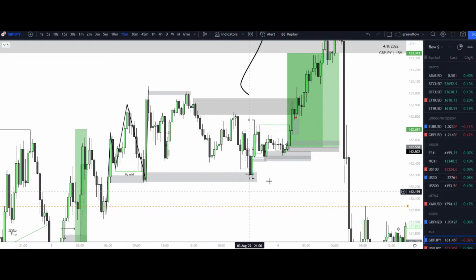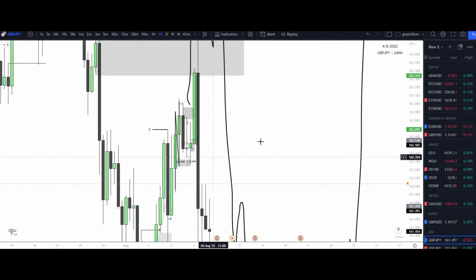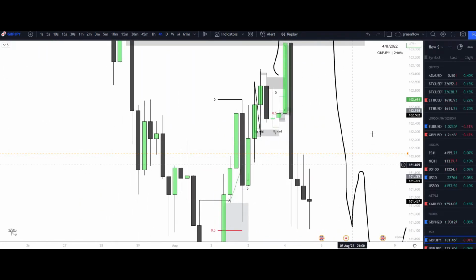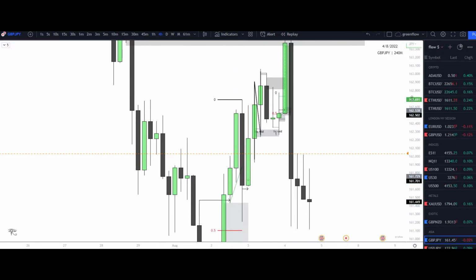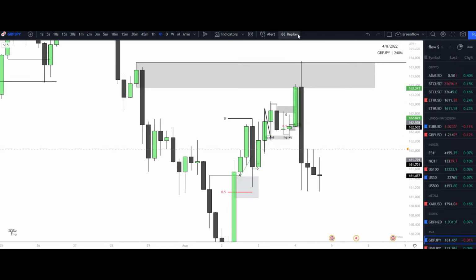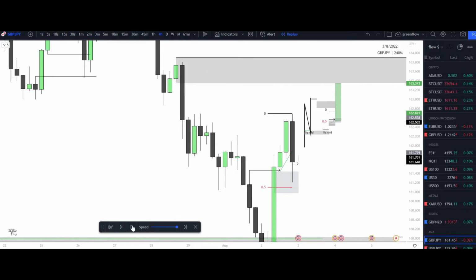We know we're still bearish overall, but structure is not showing us that yet. Why? Because let's go over here. At this point in time, if I were to go to replay mode, let's just take all of this off real quick. Let's just hide that. Take this back, go to replay mode real quick. Understand where our range was presented.